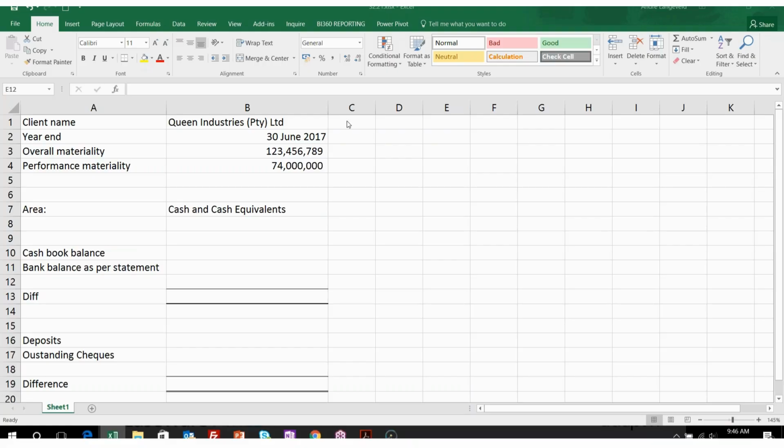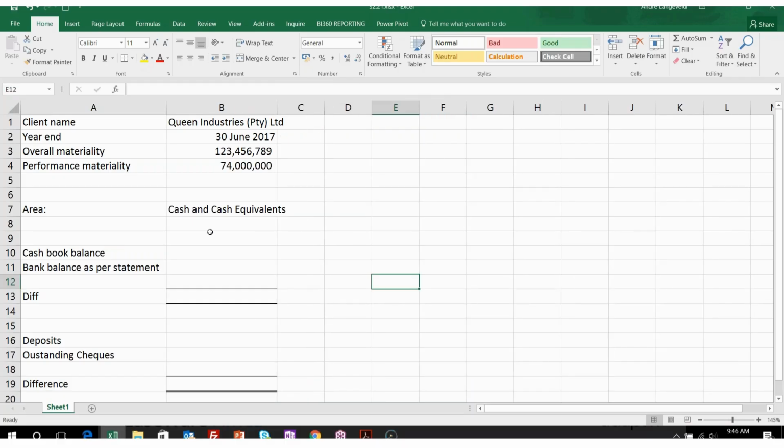Right, now once we're done, we can actually go. I just want to minimize these columns a little bit. It looks a bit too big. Maybe I'd want to put a little R for the currency and maybe put that in the middle, just so I can do that. Now, the cash book balance, that is something that I can pull through from the actual